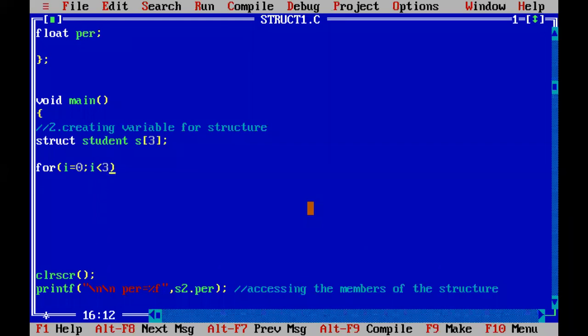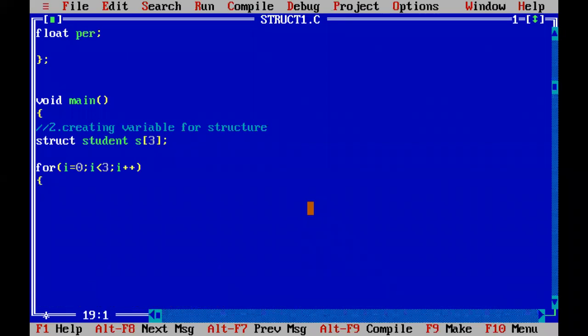I must be less than 3, and I plus plus. Open the brace, close the brace, and create the integer variable I, because we have to create the for loop variable here.